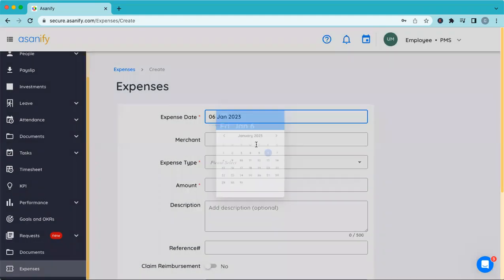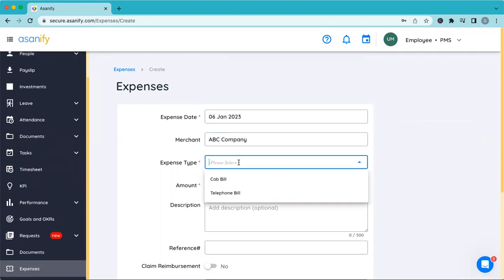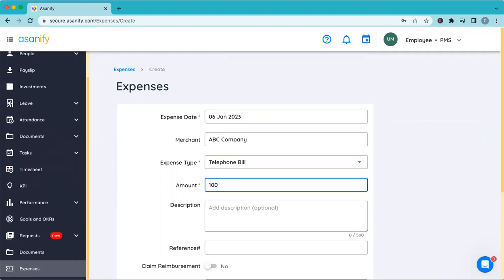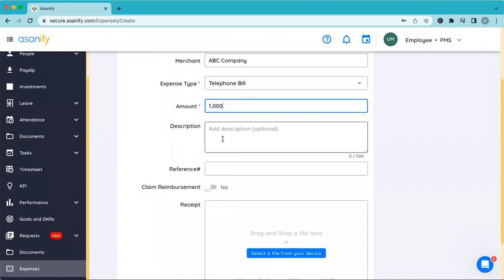Let's say today is when I have incurred this expense. If there is any name of the merchant where I have incurred this expense, I can give that. The two heads that I had created, I will see in the drop down, so I can select any of those heads. Let's say 1,000 rupees of telephone bill is what I had incurred. If there's any comment that you want to give,